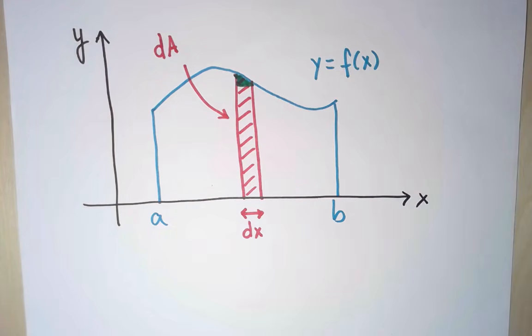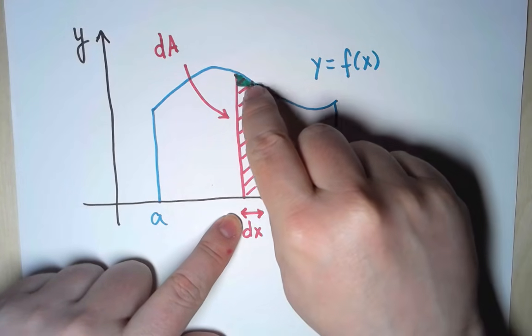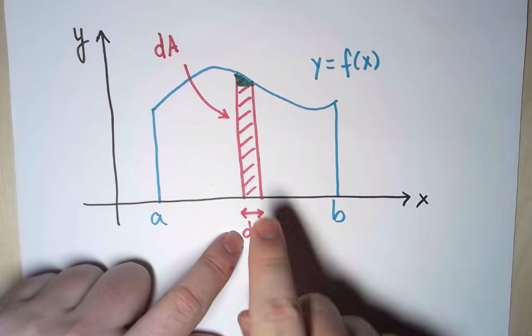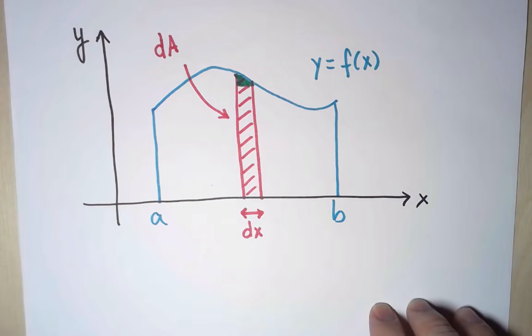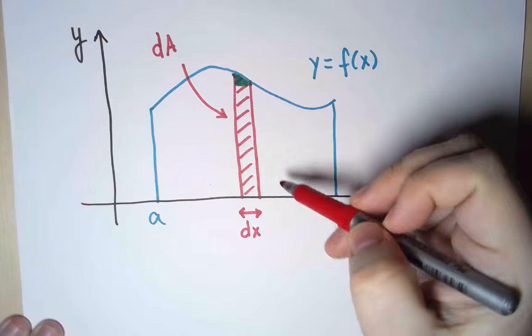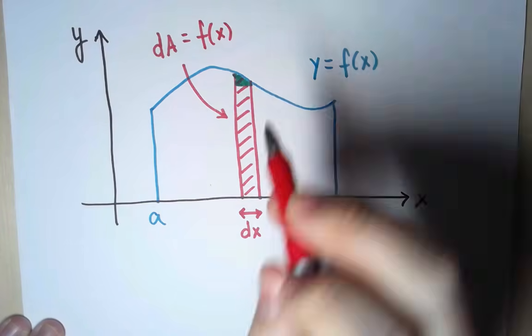But if this dimension is infinitesimally small, then the error is infinitesimally small squared. So by comparison, when this is very tiny, it's negligible, it's not important, and I can omit it in the limit. So this area is equal to the height of the rectangle, which is f of x,